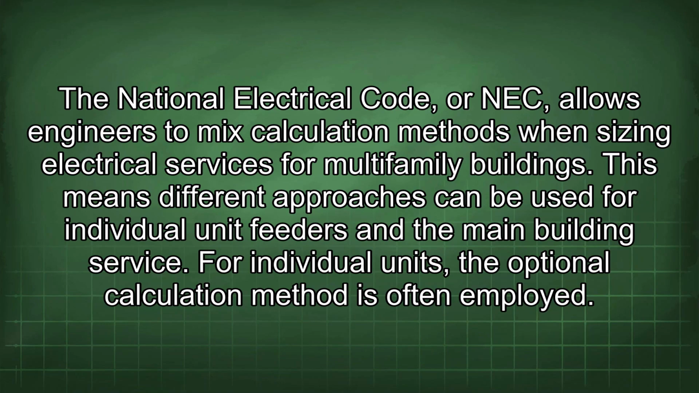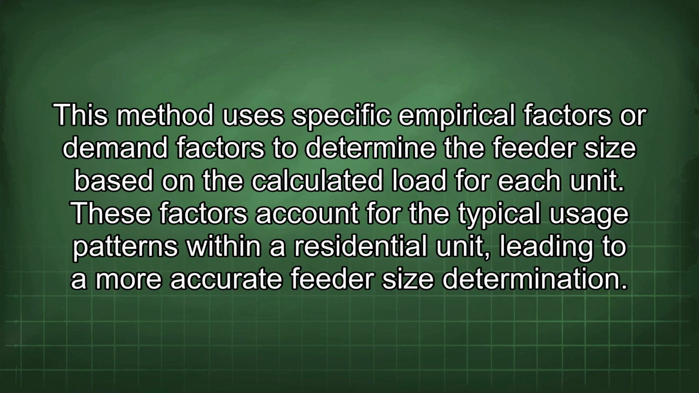The National Electrical Code, or NEC, allows engineers to mix calculation methods when sizing electrical services for multifamily buildings. This means different approaches can be used for individual unit feeders and the main building service. For individual units, the optional calculation method is often employed. This method uses specific empirical factors or demand factors to determine the feeder size based on the calculated load for